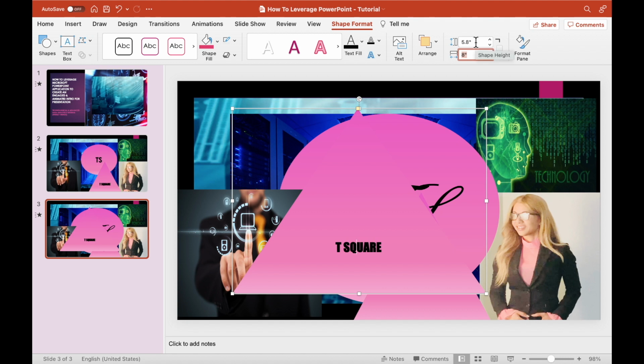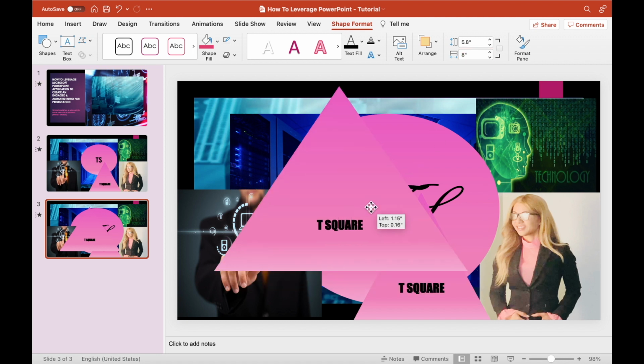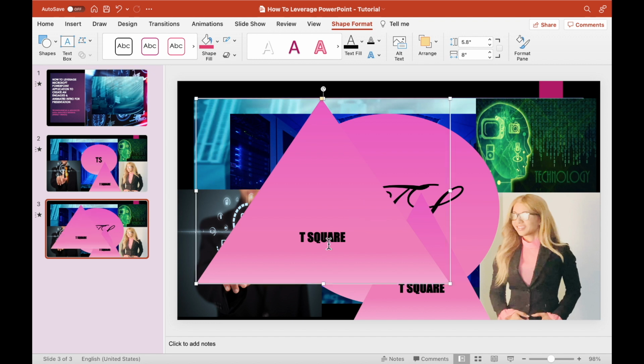For the height, I will keep it at 5.8 and then the width at 8. And I'll bring that somewhere over there, and I now like to make sure that I replace the T-square with